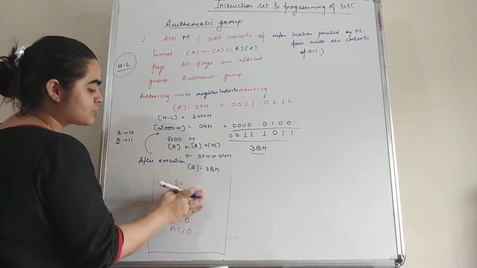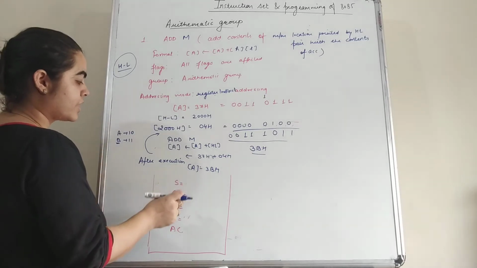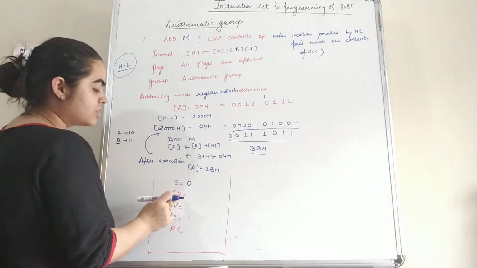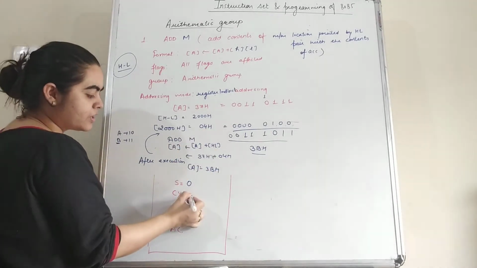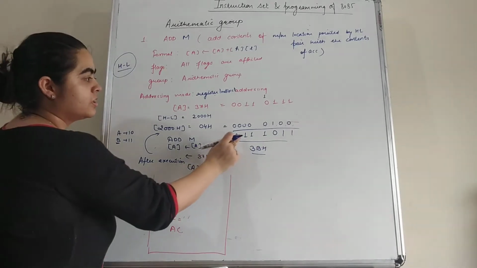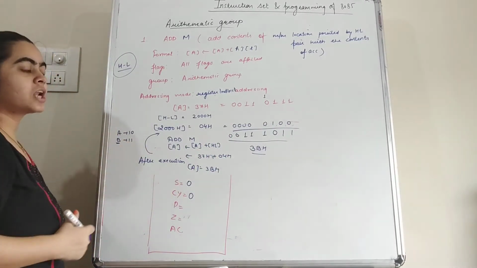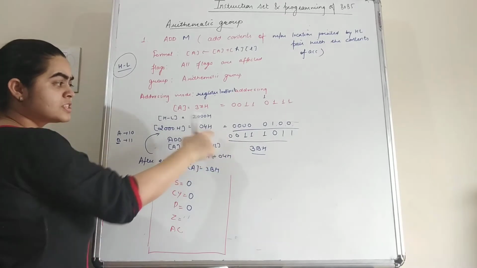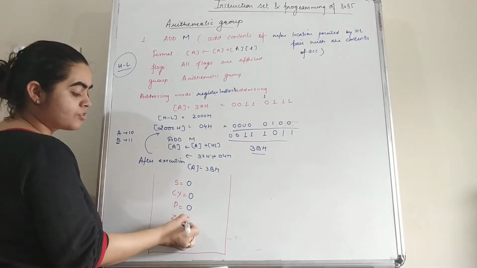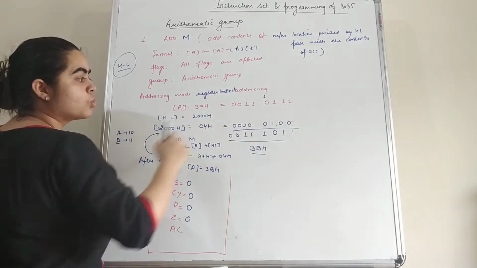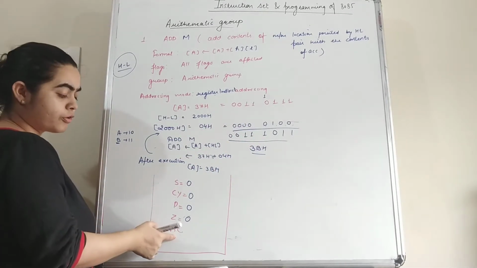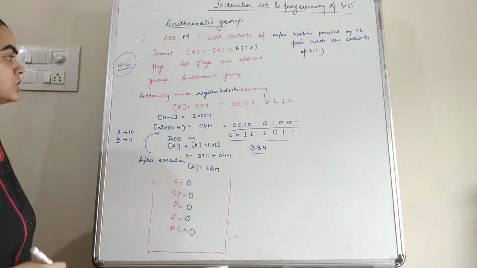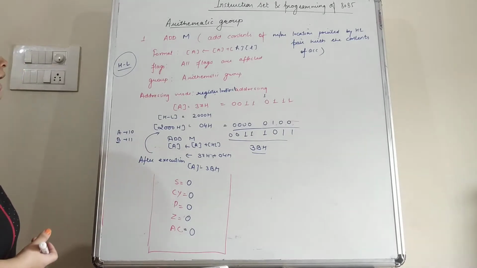Now we can see which flags are affected. Initially check the sign flag. The MSB is 0, which means the sign flag is 0. After this the carry flag: no ninth bit is generated, so the carry flag is 0. Parity: there are 5 ones, which means the result has an odd number of ones, so we reset the parity flag to 0. Zero flag: the answer is non-zero, so we reset the zero flag. Again, there is no carry generated from the fourth to the fifth bit in the result, so we reset the auxiliary carry to 0. So this is how we perform the ADD M instruction.